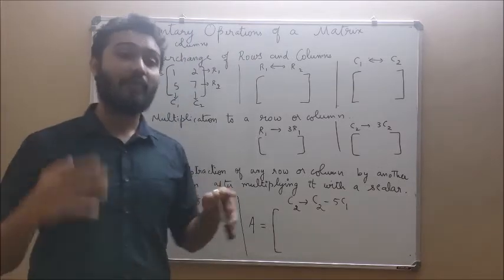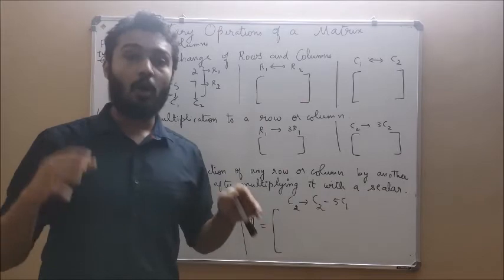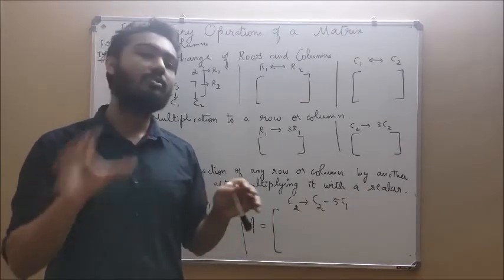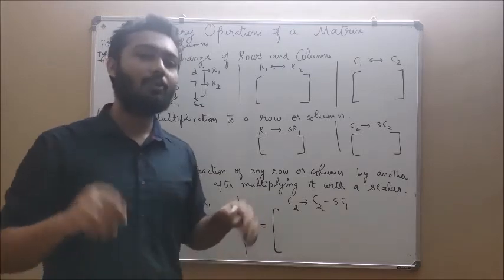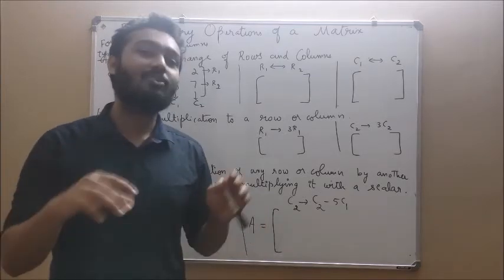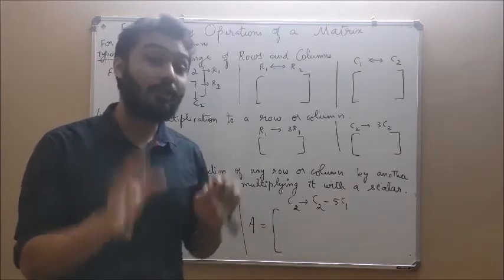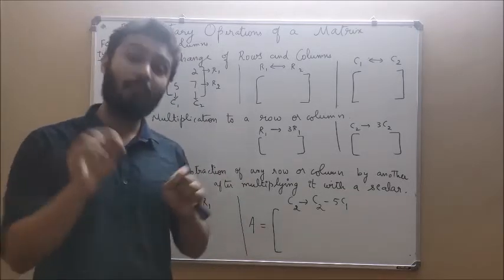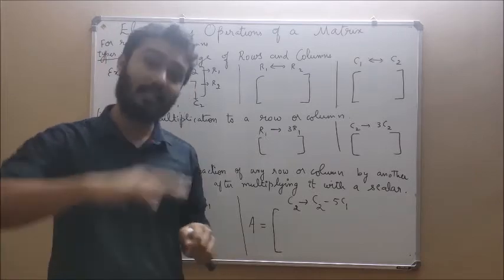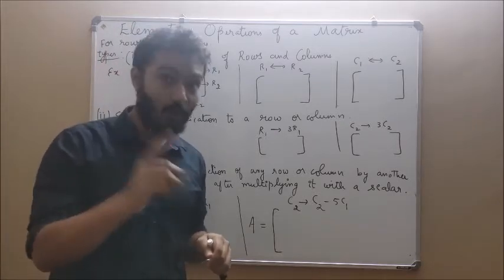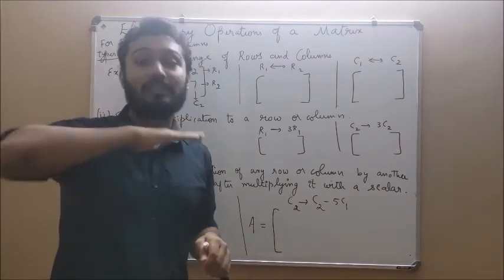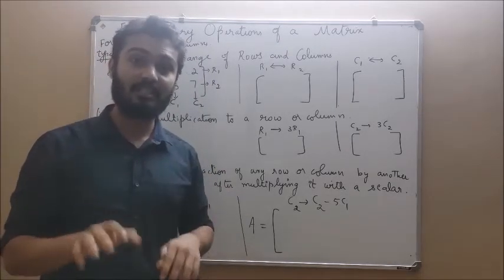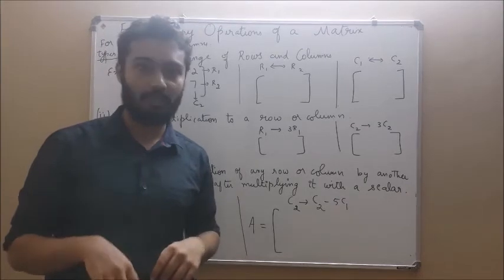See, before we had operations. When the doctor does an operation, what does he do? If he has to do a kidney operation, he will operate only on the kidney. If he has to operate on the heart, he will operate only on the heart. Now, in these elementary operations, we are operating on only one row at a time, one single row or one single column. So that is the difference between these operations and previous matrix operations.